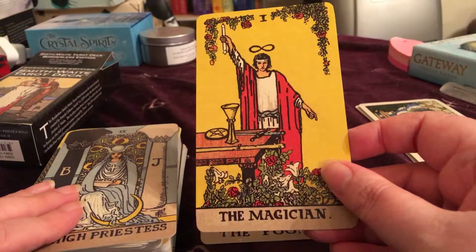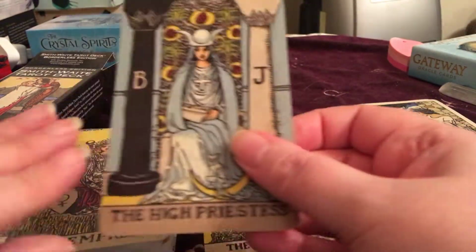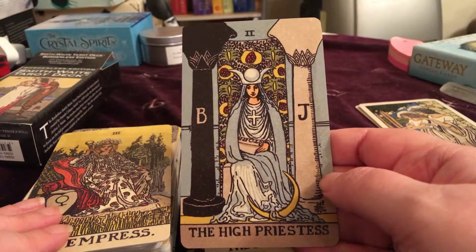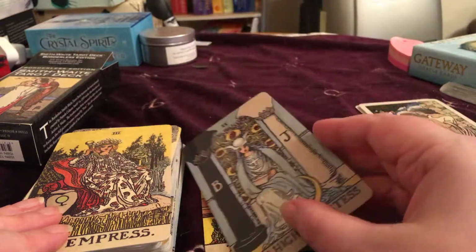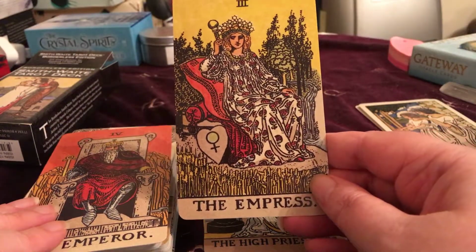I won't do them all, but I really like this. This is actually really nice. I kind of get why now that my guide's been banging on about it a little bit, is to just see these different images and maybe sort of see them in a slightly different way, to be able to see them as something that is more